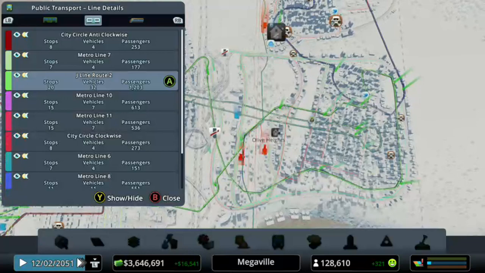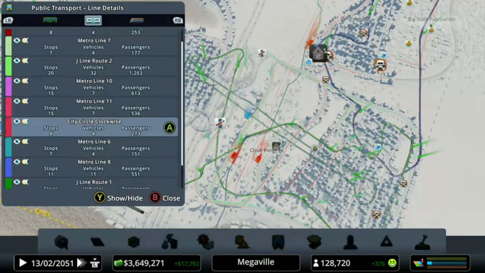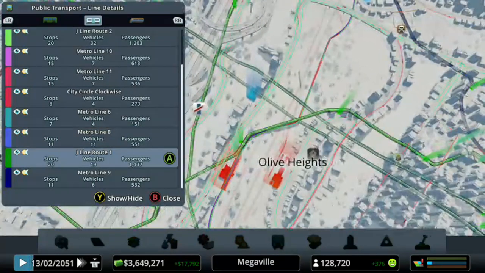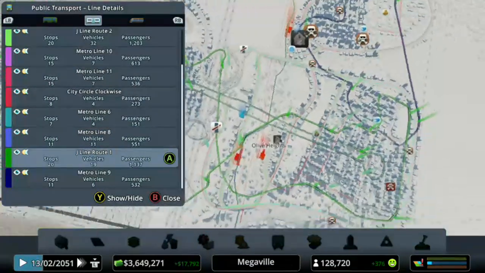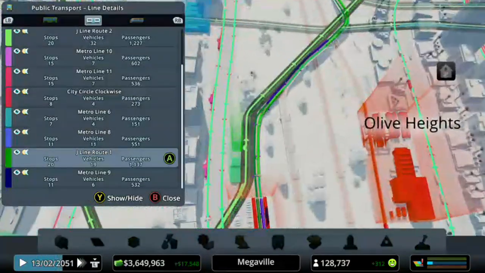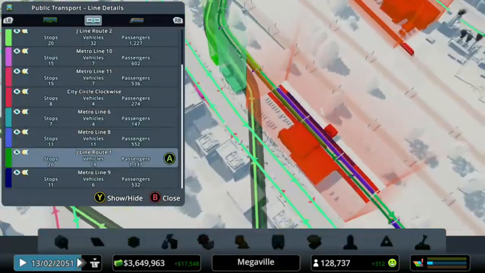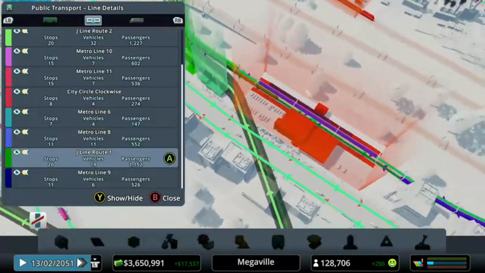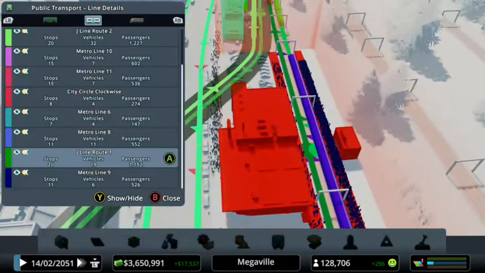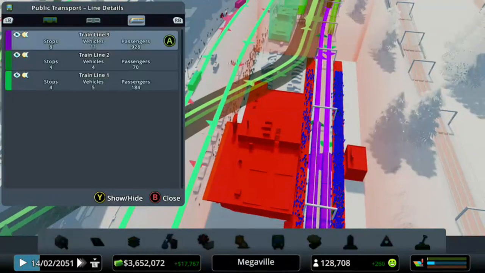And then, so that's all those people. And then, where's the other one? Let's have a look at the J line route going the other way. So that's the route going the other way. So both of those are coming from here. They're then getting on the trains, and what we need to do is work out where they're going once they get on the trains. So which trains are they getting on? It would seem they're getting on the purple trains. So if we then look at our purple train line,